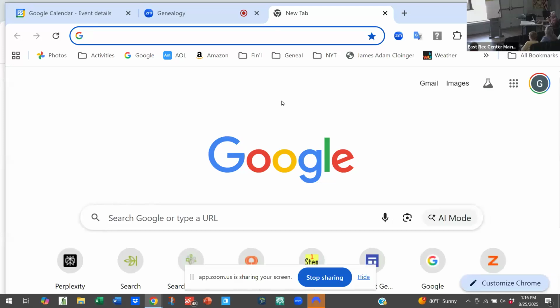So this is what Google looks like now. And what you'll see right from the beginning is over on the right-hand side, it offers you AI mode. So you can, from the beginning, be doing your search in AI mode. But our question we were asking,